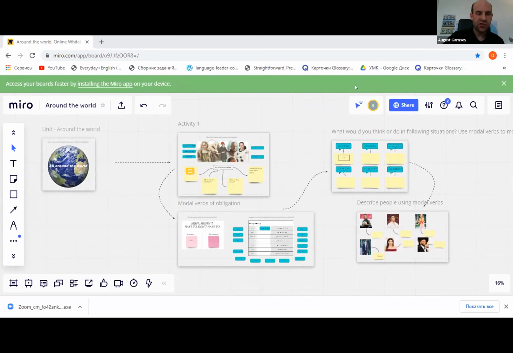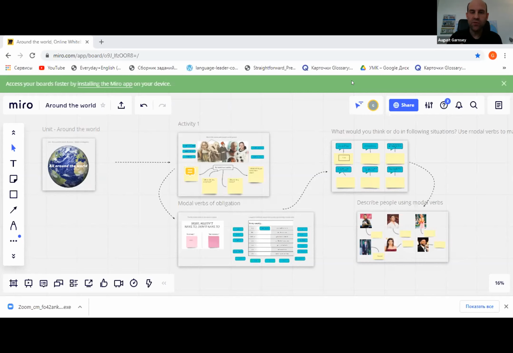You also can structure your board so that you can frame, like put a box. Say, for instance, this unit of Around the World that was just demonstrated to us. There's a feature in Miro called framing, where you can draw a box around all these activities and say, hey, this is maybe lesson 1. And the space is infinite in Miro. You can keep scrolling until you're practically in a different country. You can just go forever with it.